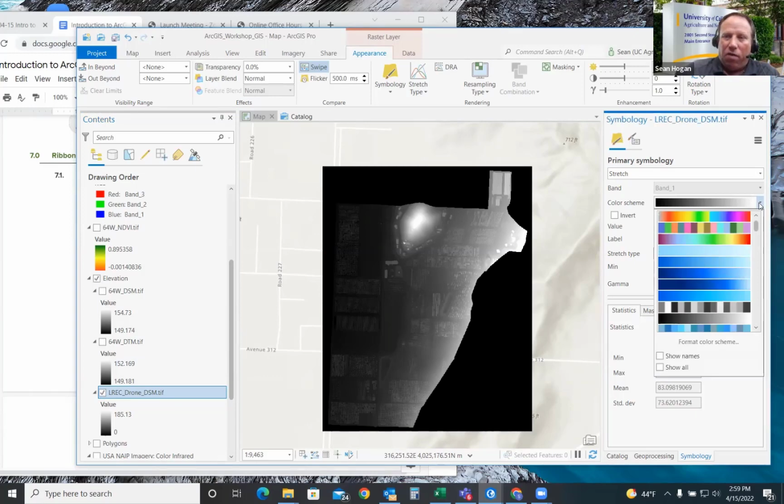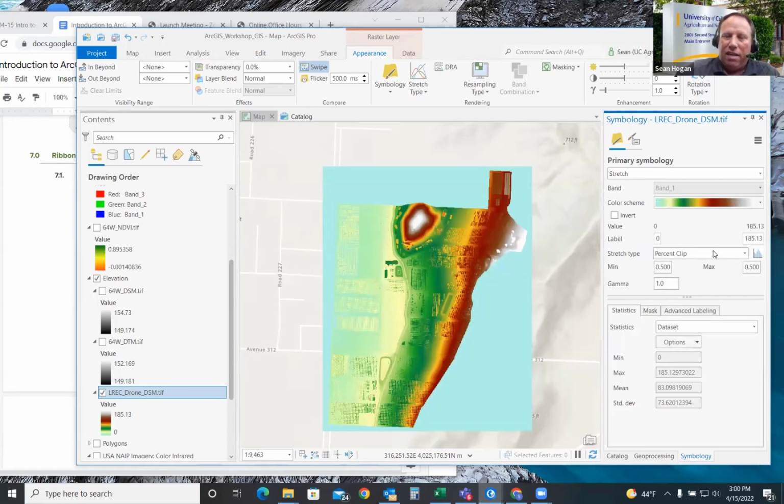Click the drop down. If for any reason you don't have the symbology pane, you could go to appearance and then click on symbology to get this back up. So under the color scheme, we'll scroll down past the green to red, because that doesn't make so much sense for elevation. But I just know from experience, this one here called elevation 1 is this coloration from kind of a teal through green to brown to finally white. If we click on that, that gives a little better intuitive sense of elevation.